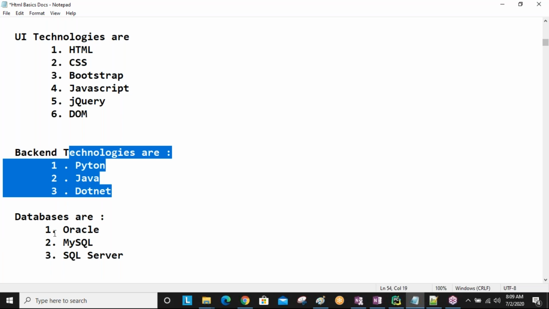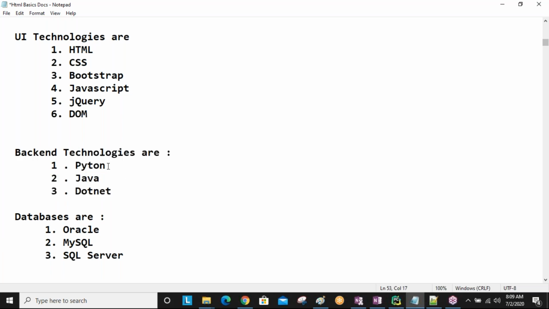For example, myself, a Python developer. In Python, the Django framework is there. Using Django and any one database, how to communicate with the database, these things we will do practically in development projects when you are learning Django.